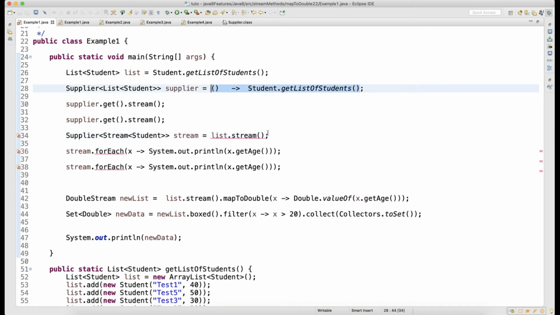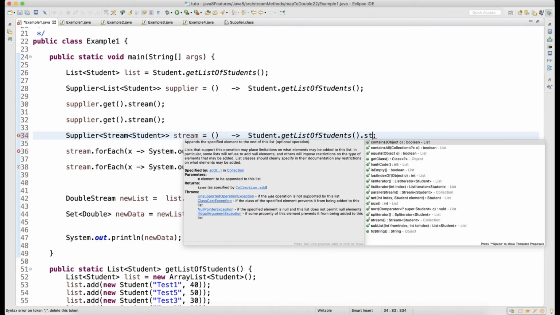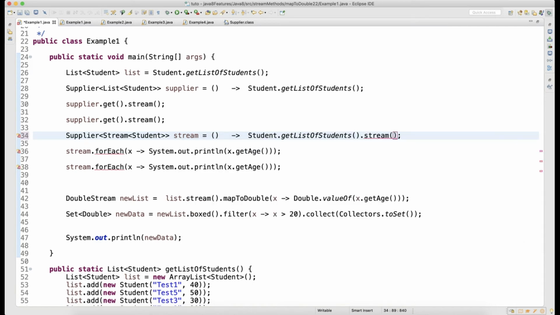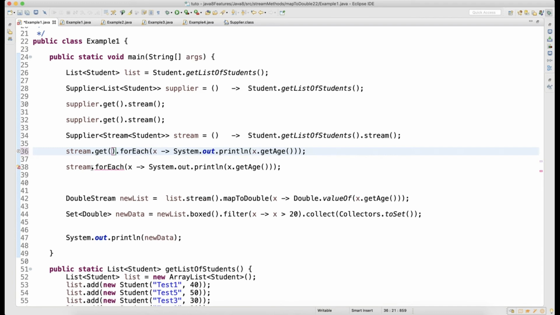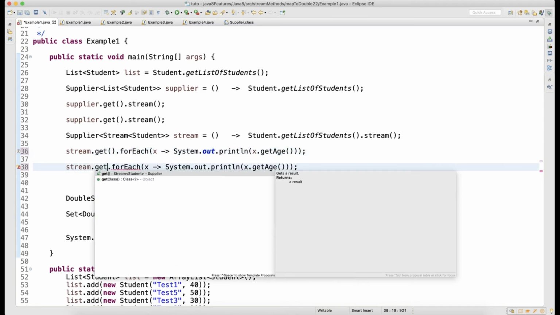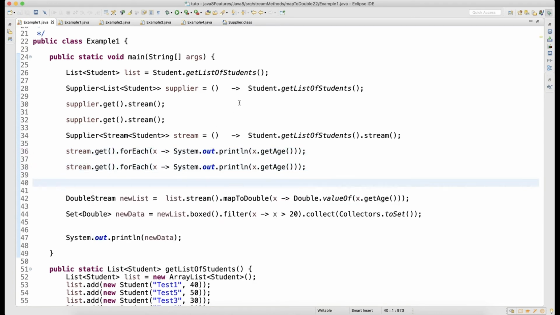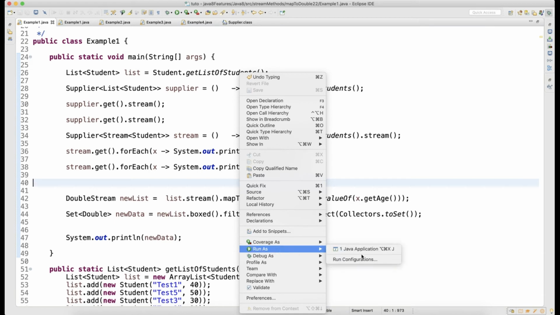So this is my supplier here, guys. Now you can see that I have changed to the supplier. Now I will do stream dot get, and here also stream dot get, because supplier has a method called get, guys. Now let's run that.